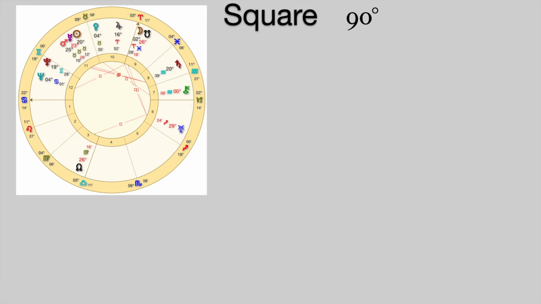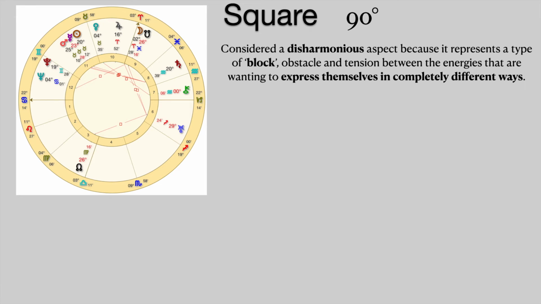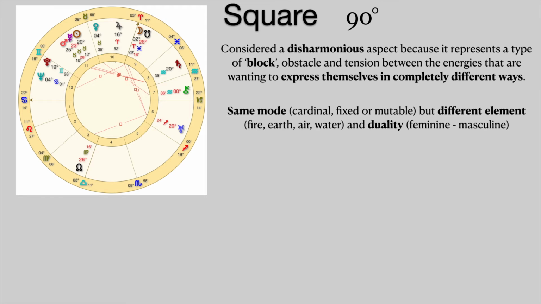Then we have the square at 90 degrees. This is considered a disharmonious aspect because it represents a type of block, obstacle, and tension between the energies that are wanting to express themselves in completely different ways. They are of the same mode, cardinal, fixed, or mutable, but different element, fire, earth, air, water, and different duality,